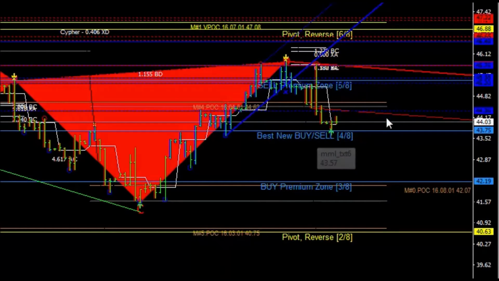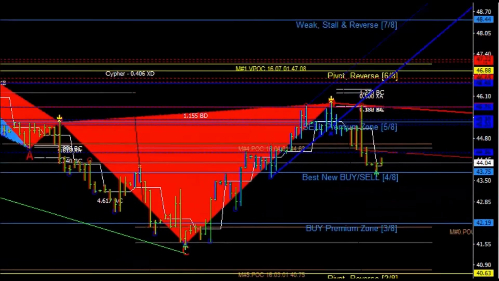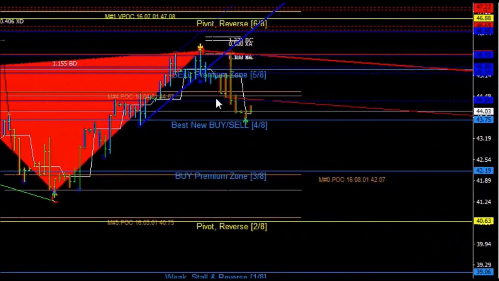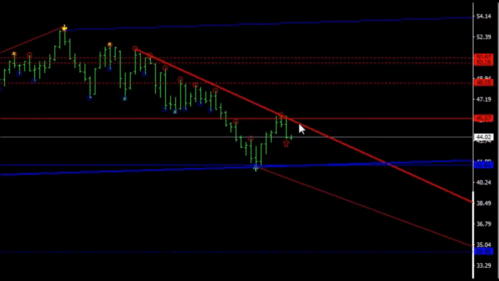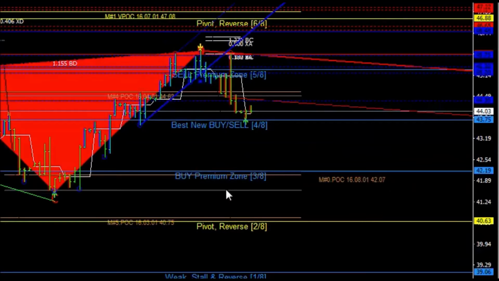I'd be a bit wary on this one, simply because oil prices have been slumbering down. As you can see here, it's all downtrend. So the market might even push this further down to 40.63, which is not a bad level to buy if it does get there. So until a real breakout on the oil here, I'm still maintaining a short position on oil as it raises its head up on the 4-hour chart. There you go. It's a good support, but I reckon a good support to sell off. And if you're trading oil,